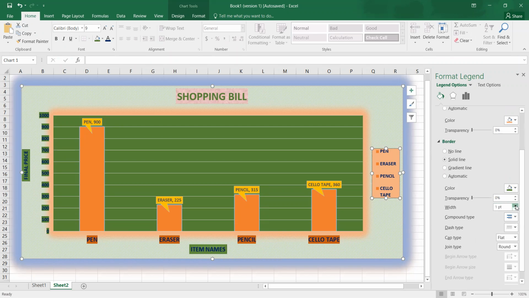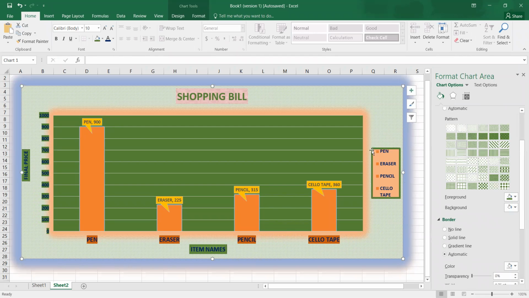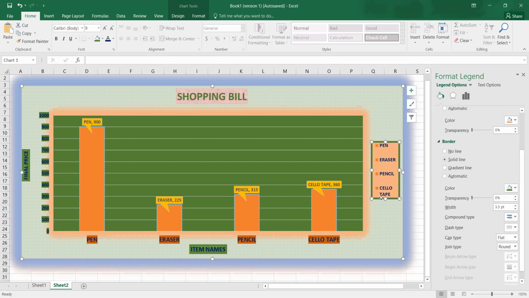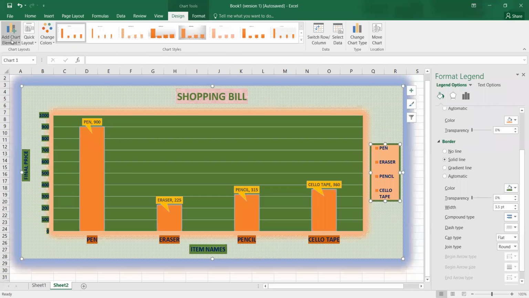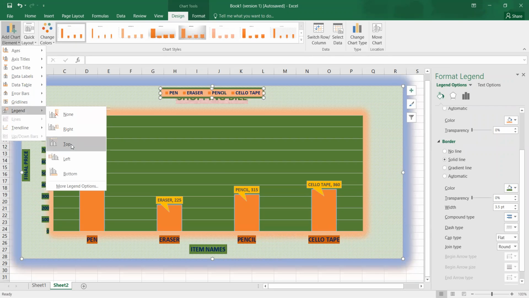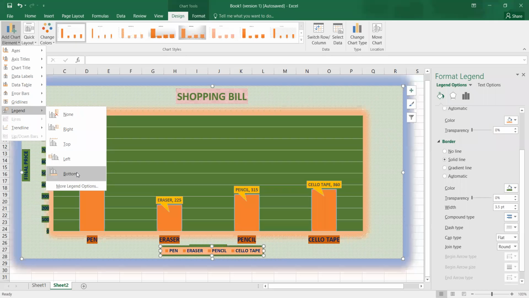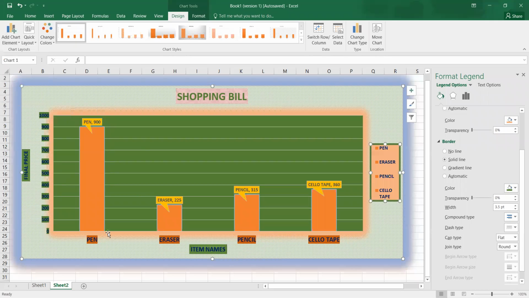Then you can increase the width of the border. These are the legends. So you can change the position. Now you can place it on top. You can give on to the right, bottom. Accordingly, you have to format it.